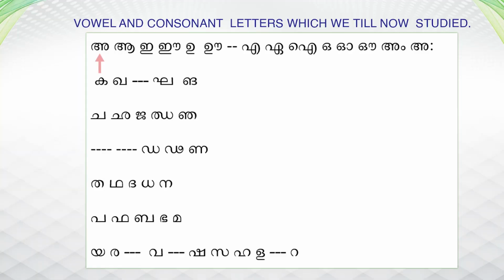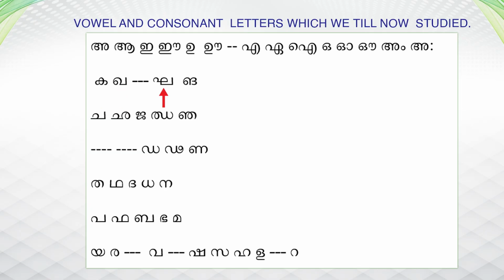Let us go through the vowels and consonant letters which we have studied till now. Vowel letters: A, Aa, I, Ee, U, Oo, E, Ai, O, Au, Aha. Consonant letters are Ka,